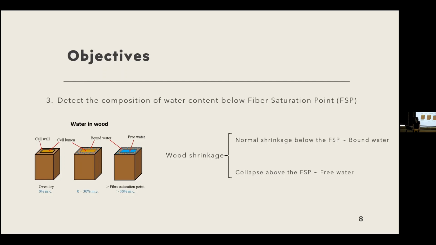So it is anticipated that for eucalyptus species, the cell lumen might still hold some amount of free water below FSP, and the decreased degree of collapse caused by free water is higher than the increased degree of normal shrinkage caused by bound water. So to verify this hypothesis, the third objective of my study is to detect the composition of water content below